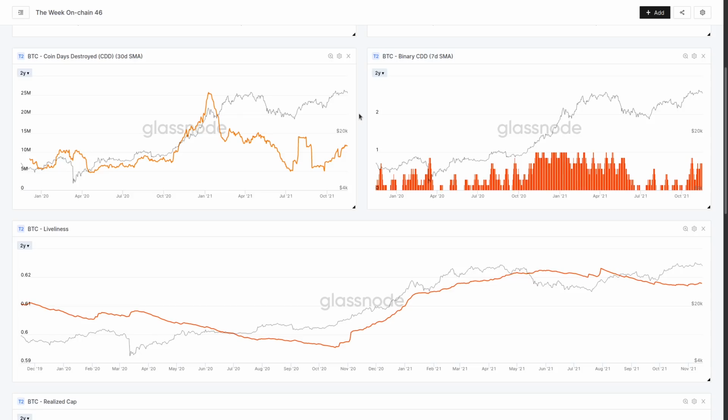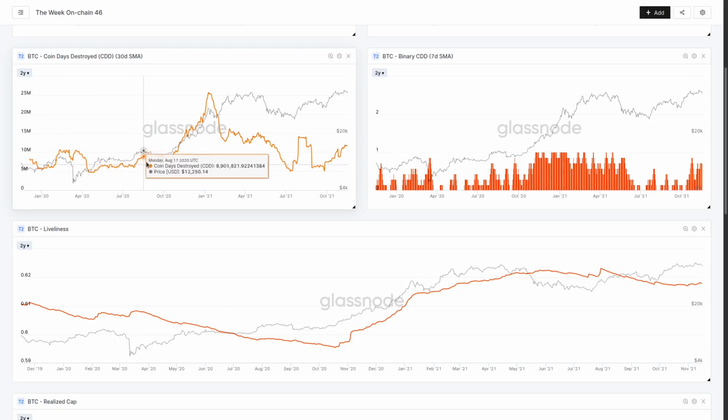Using that concept, very, very old coins are generally held by people who've seen lots of volatility, they've seen the market bounce around, they're quite experienced, they understand how Bitcoin moves. So when we look at a metric like coin days destroyed, what we're looking at is the absolute value, how many of those coin days were destroyed in a particular period. Now I've got a 30-day moving average applied here because it smooths things out. We're looking for the big picture trend here. We're not so fussed about the day-to-day. What is the overall movement of the market?